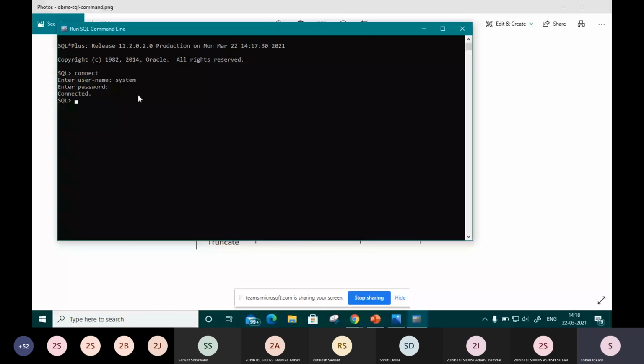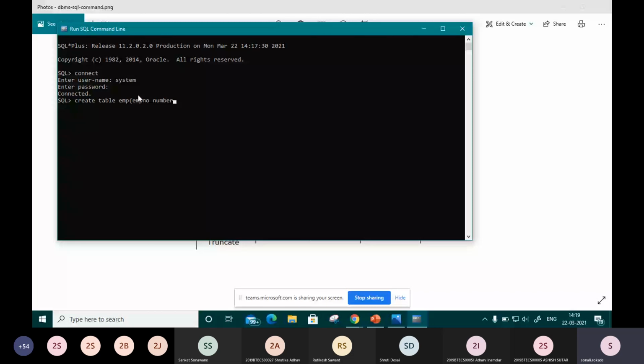Suppose it is employee. So I will pass the command create table, the name of that table, and in brackets the attributes. Suppose the first one is EMPNO, the employee number, which has data type number.